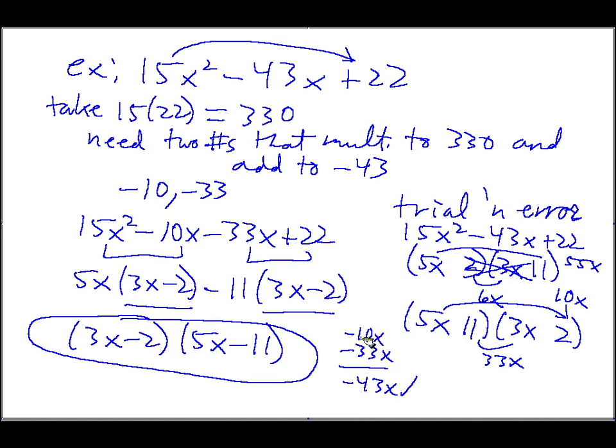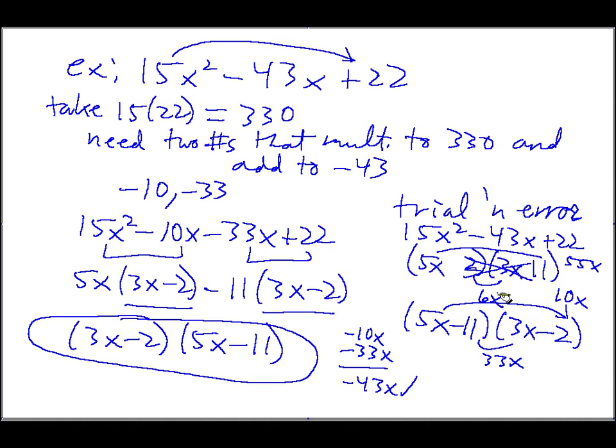So how do I make that happen? Well, I need the 10x to be negative. Where's my 10x? Here it is: 5x times 2 right here. So let's make that negative 10x. Where's my 33x? Right here, 11 times 3x. That's 33x, and I need that to be negative, so make that negative here. Therefore, I have 5x minus 11 times 3x minus 2, which is the same answer we got here by